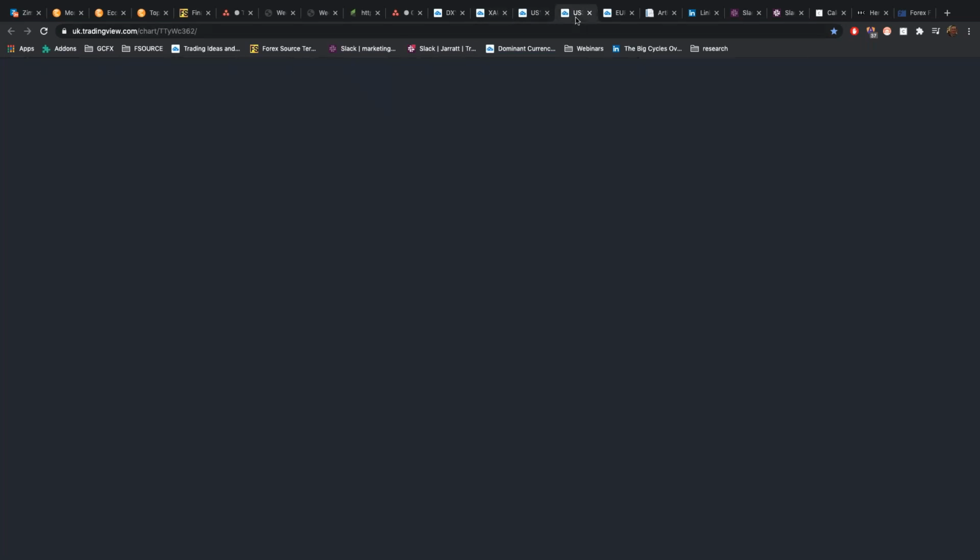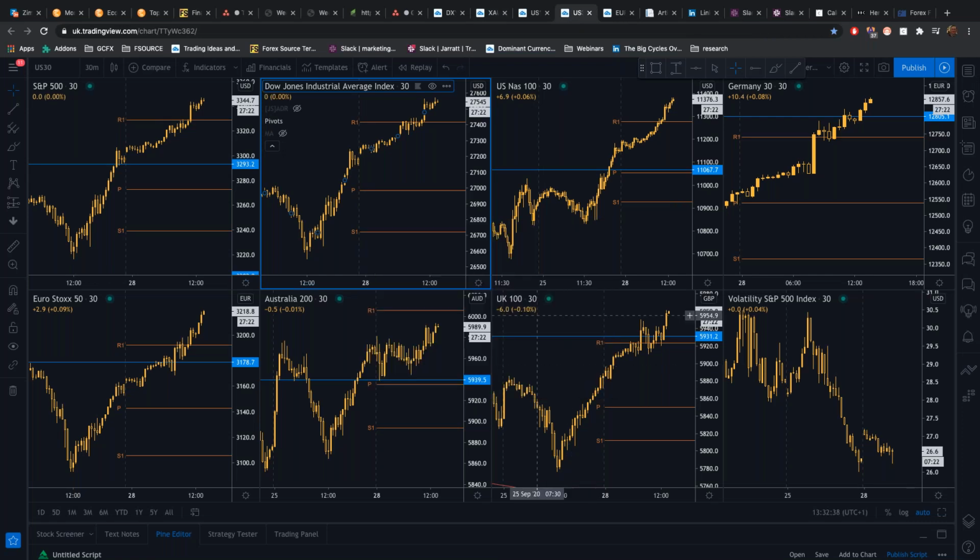Looking at the equity space, equity futures markets have been moving very high: the S&P 500, Dow Jones and NASDAQ futures. Remember, this is the market before the cash open in the US. The cash open is when you see the cash S&P 500, Dow and NASDAQ open. These are the futures markets, and they're showing the US is heading for a positive cash open. We're seeing plenty of upside across the DAX, UK 100, Euro stocks and ASX 200, and volatility is moving down towards the low of the day. That is a positive move for risk as we start the session.